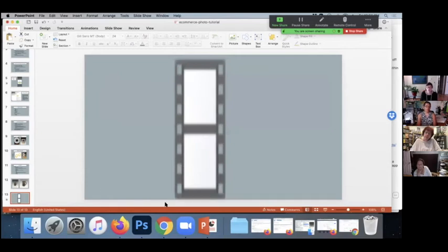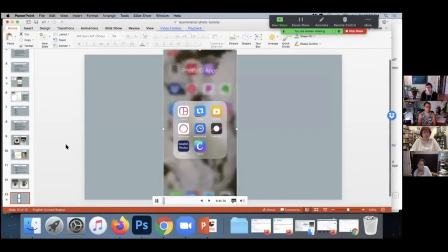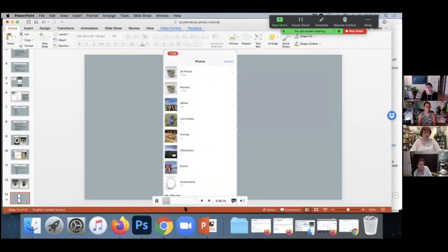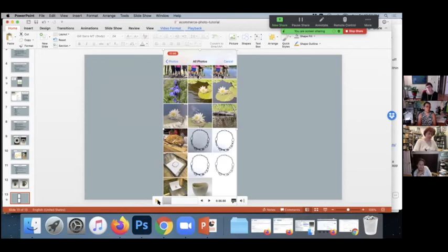So this should show you the idea of the Scratch Photos app, and then I'll open Photoshop and show you. So this is on my phone. It's called Scratch Photos. You can do a camera in it. Let me just pause for 1 second, because the one thing about it is they do have a camera, but I think that it's better to edit your photo first